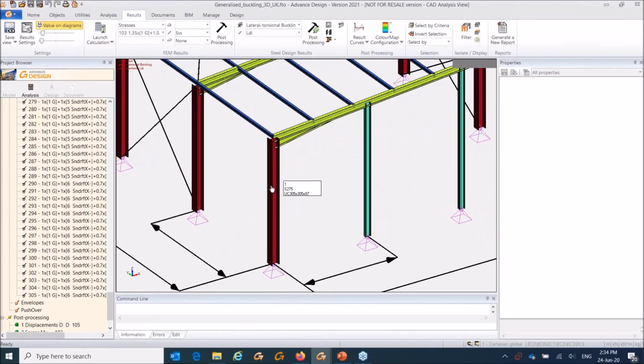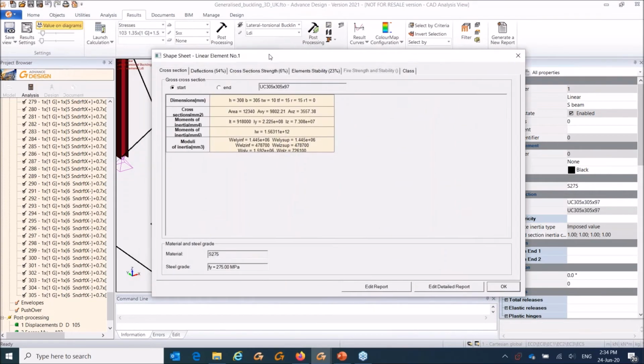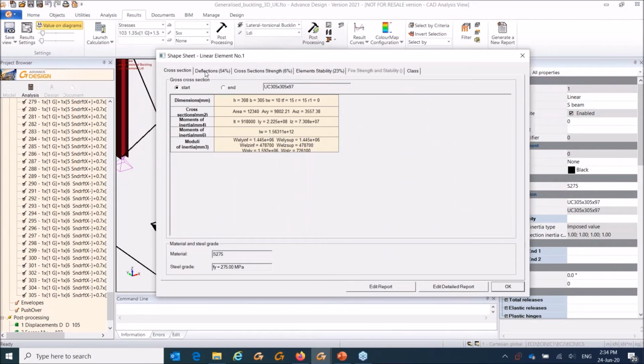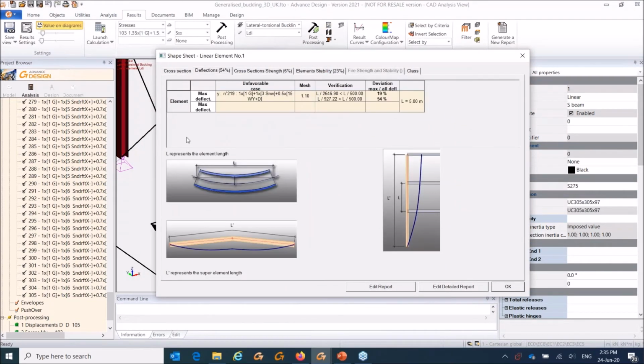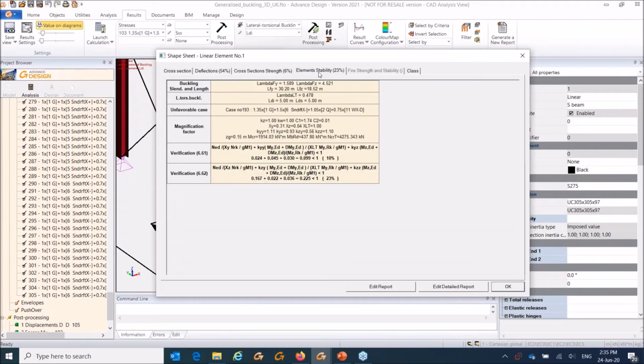Another way of post-processing the result is selecting any of the elements in the model and then selecting this document in here. And you can see a detailed list of different verifications of deflection, cross-section strength based on tension, compression, shear, and shear force and bending moment, and also all the stability results. So you can see here I have quite big buckling lengths,